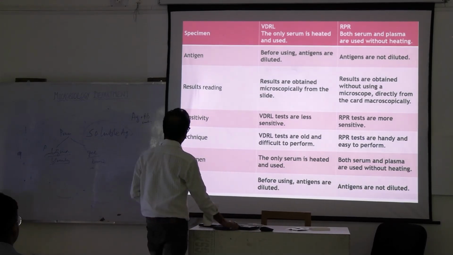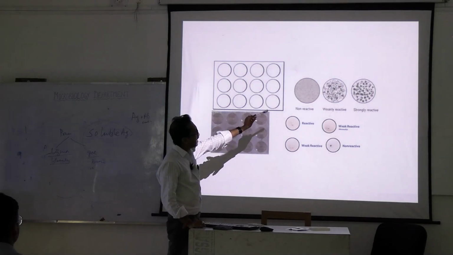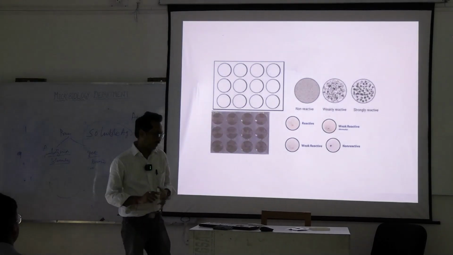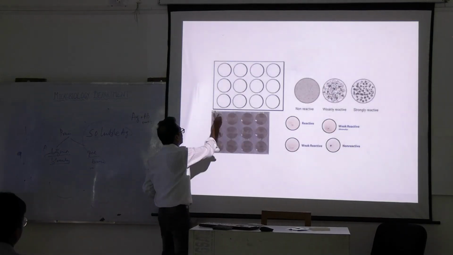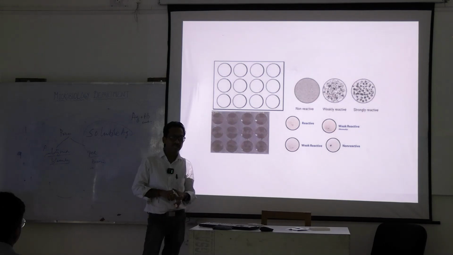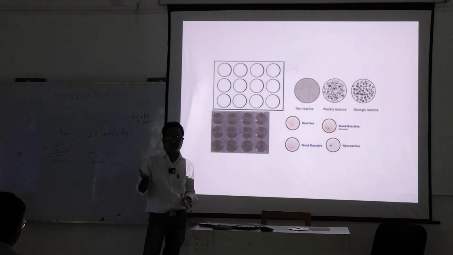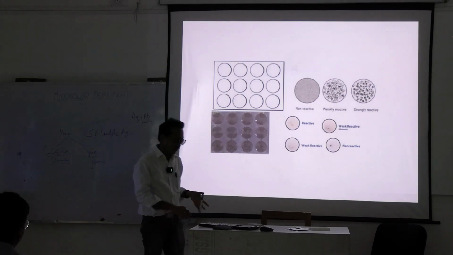When you see the picture, this is a VDRL. This is strongly reactive. Those are not black; those are cholesterol crystals that should be seen under the microscope at 10x magnification. This is a VDRL plate, usually a glass plate, not a plastic one or card. You need a VDRL rotator, where you rotate for the antigen antibody, whether agglutination or precipitation, to mix thoroughly. That rotator needs to be a separate rotator for VDRL. So this is for VDRL.